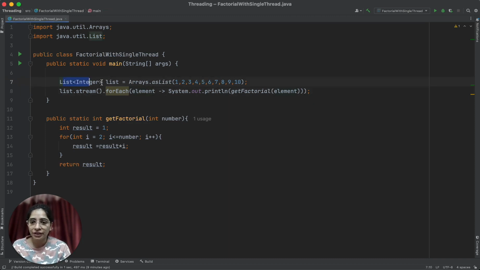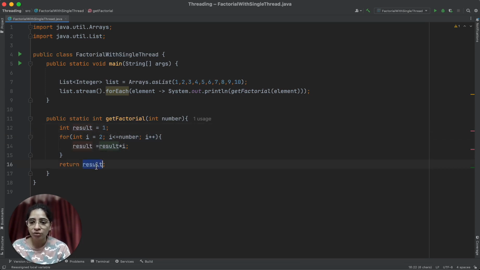I have created a list, and for every element present in this list I have tried to calculate the factorial of that number. This is my method in which I have set my result to 1, then I have a for loop starting from 2 till that number, incrementing, and I'm just multiplying it with the result.